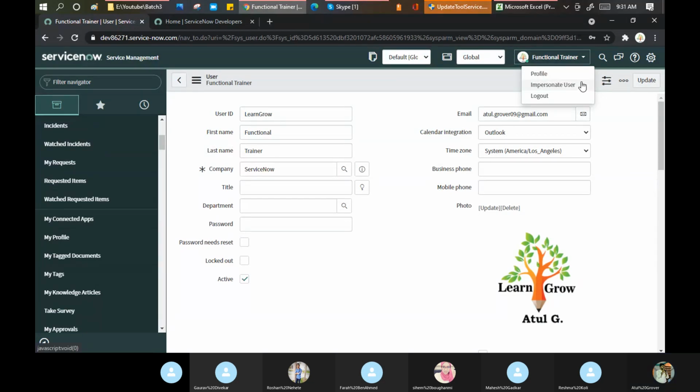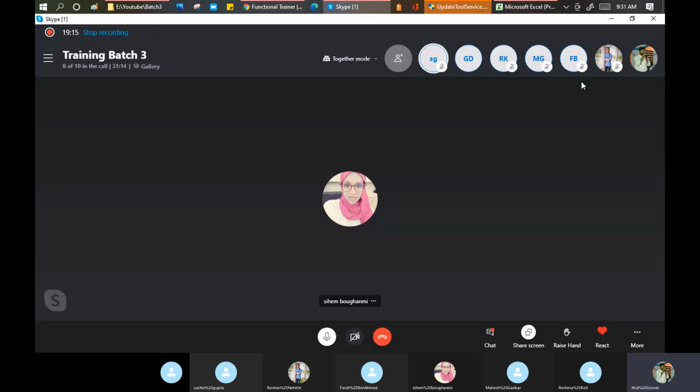Impersonate user, this is the option. Sachin, any idea on that? Any personalized user interface for a particular person like VIP users? No. Farah, what do you say? It's like we simulate another user, another profile of user.